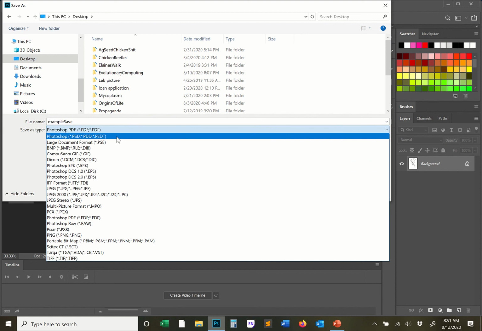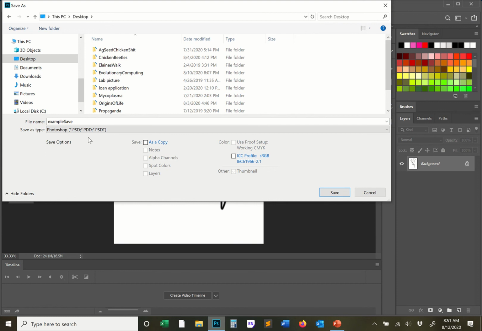There is a default Photoshop file type. It's called .psd. The .psd means it's saved in the Photoshop file format. None of the information is lost, and you can come back to this and work in it again and again in Photoshop. So you always want to save a .psd. If you save in any other file type,